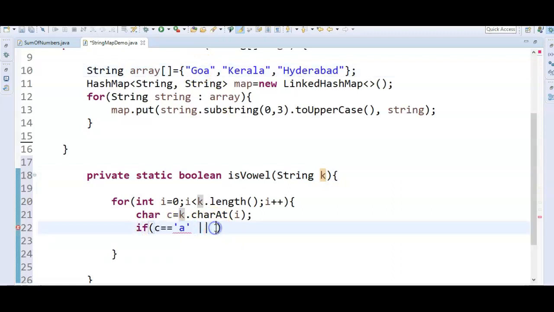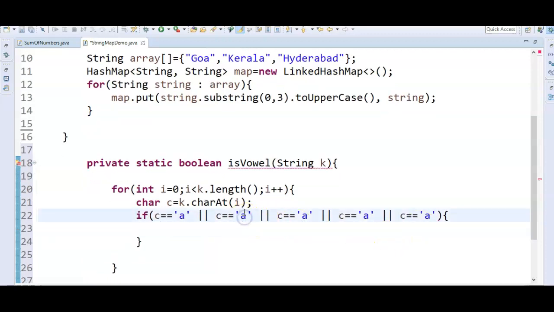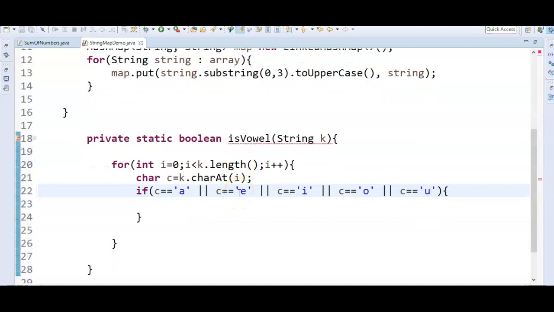If c equal to a, e, i, o, u, or just copy all this.